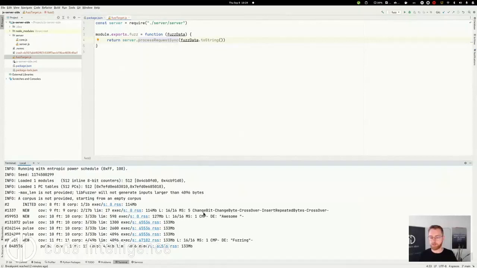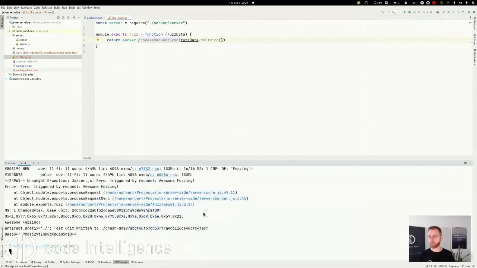It should be there any second now. Okay, ready. Yeah, so even returning objects directly works. And in JavaScript or in Node.js, the fuzzer has to take care to not block the event loop